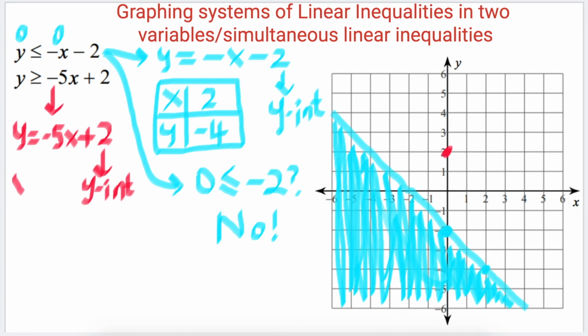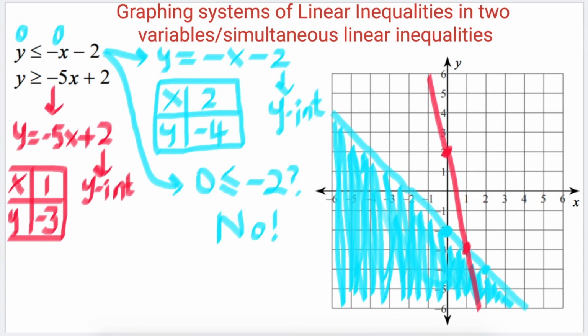So I'm going to use a table, x and y, and I'm going to choose the value of 1 for x. So when x is 1, 1 times negative 5 is negative 5. Negative 5 plus 2 is going to give me a negative 3. So where 1 comma negative 3 is, I'm going to put a second red dot, and then I'm going to connect